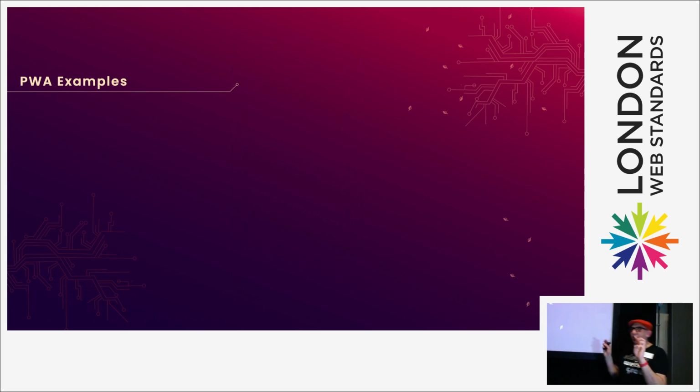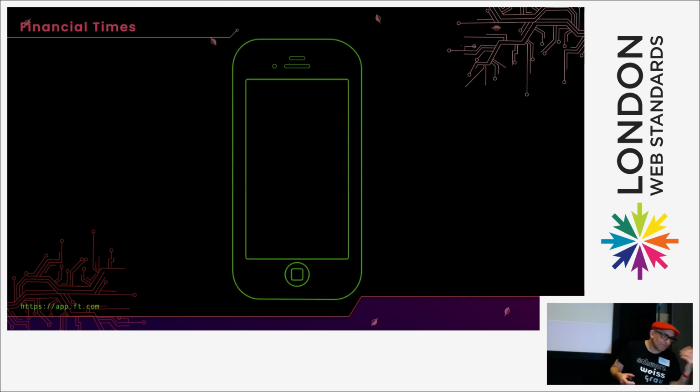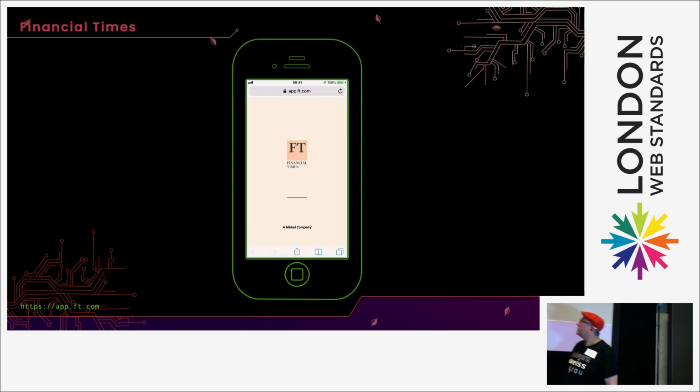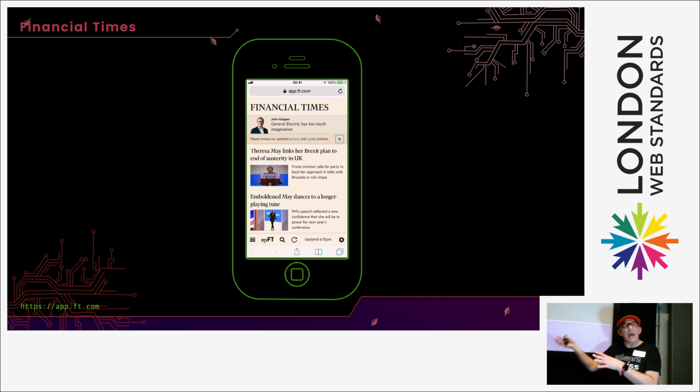So, I've got 3 very quick examples, and then I'm going to go buy David a drink. Yeah. So, first example is the Financial Times. They built a web app before the term progressive web apps came about. They came up with this idea in 2010 when service workers came out. And what they do is when you go to the website, all it does is it says, okay, just in case you lose your connection, I'm going to cache the 10 latest stories. And that's all it does.